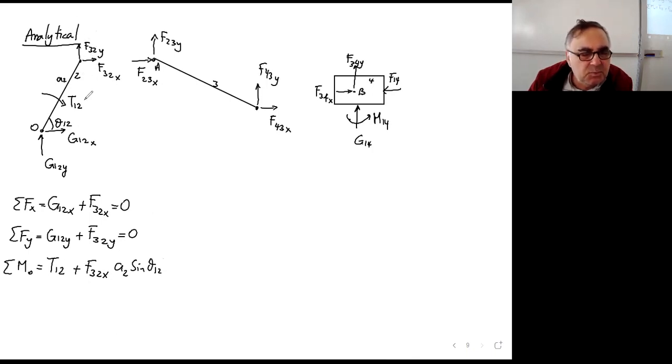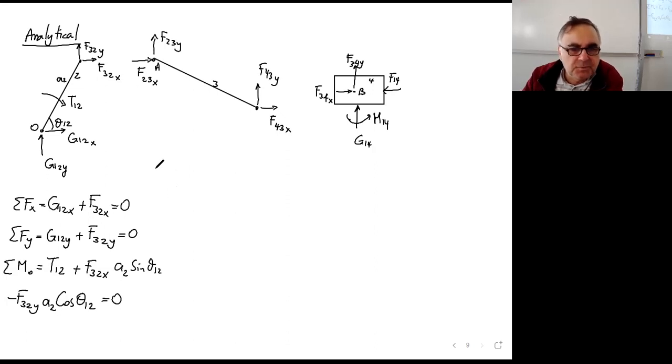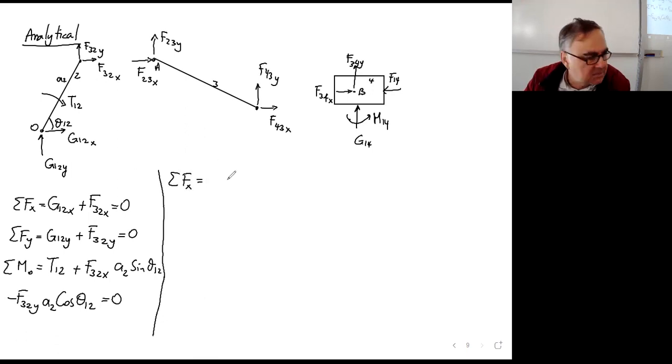But then F32y has a rotation effect, but it's in the opposite direction. F32y A2 cosine theta 12 equals 0. So much for the second link. For the third link, you have the summation of forces in the x direction is F23x plus F43x equals 0. Forces in the y direction is